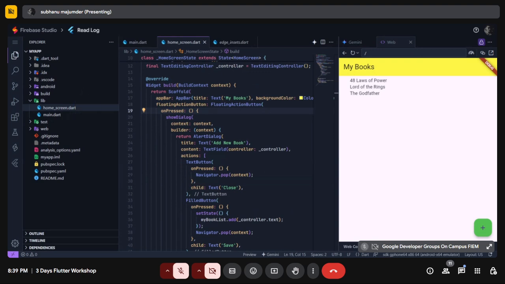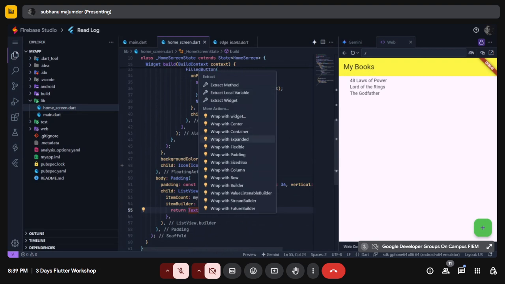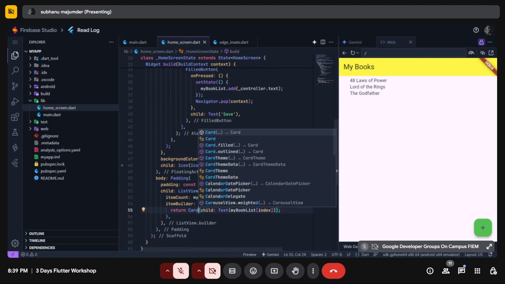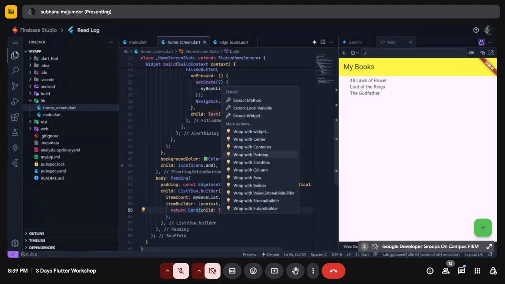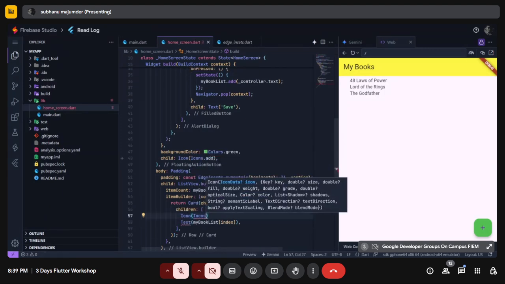Okay, cool. So now the only other thing that we actually have to do is beautifying it. For that, we can simply use a container or a card. I would like to use a card. And that's it. Or maybe I'll just add a row and add an icon to it. So adding an icon, like Icons.book,